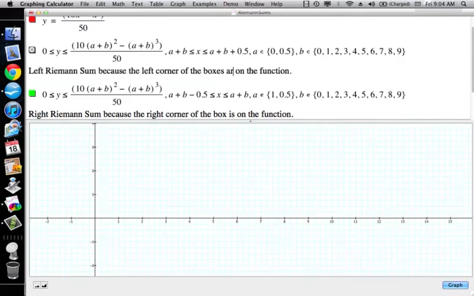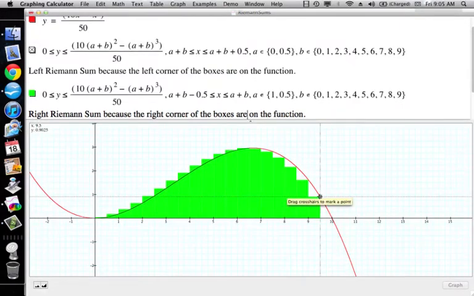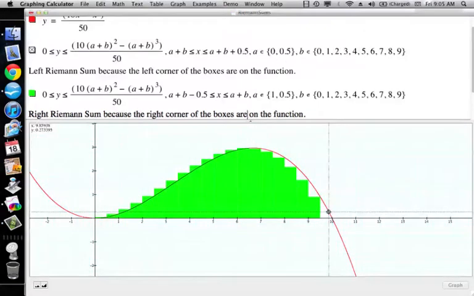That should be R. Okay, so this is my right Riemann sum. So my right hand corner is on the box. And so basically I start all the way down here. Start there, and I get